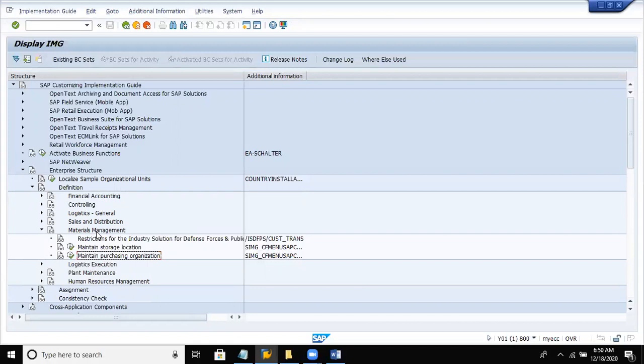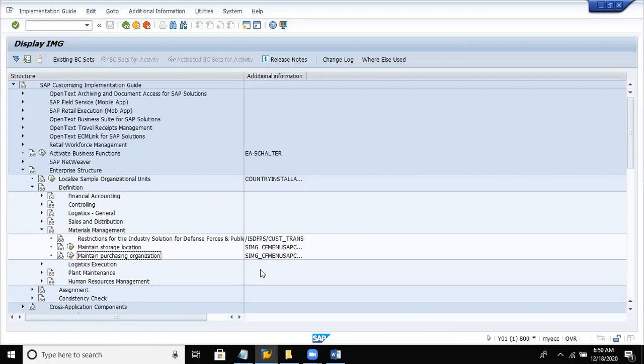So we have successfully created in finance the company code, in HR the personnel area, and in SD the plant. Now it's time to create in MM, that is purchase organization. The menu path for the same is SPRO, SAP reference IMG, enterprise structure, definition, materials management. Then we have maintain purchase organization.